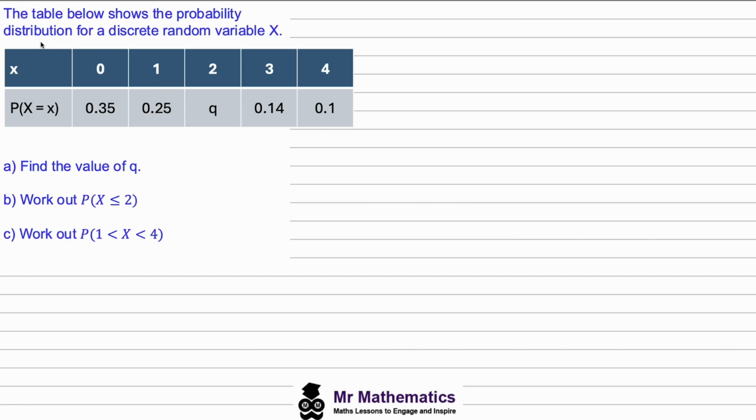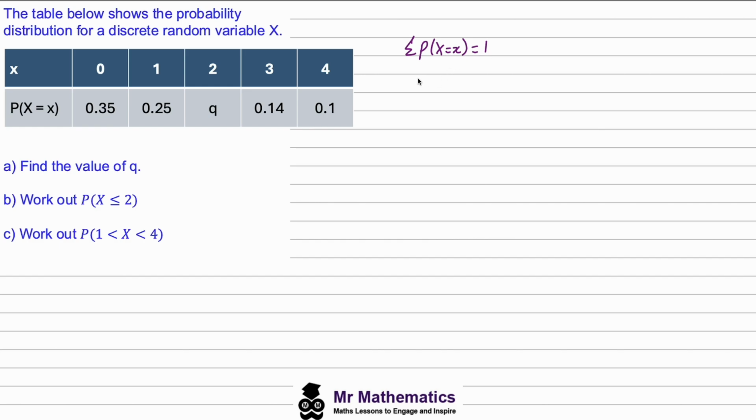So in our first question, we're told that the table below shows the probability distribution for a discrete random variable x. We've got our observed values here and the probability of our random variable equaling that observed value given here. And then we've been asked to work out a value of q. So we should know that the probabilities all add up to make 1. So we can work out q using the sum of the probabilities